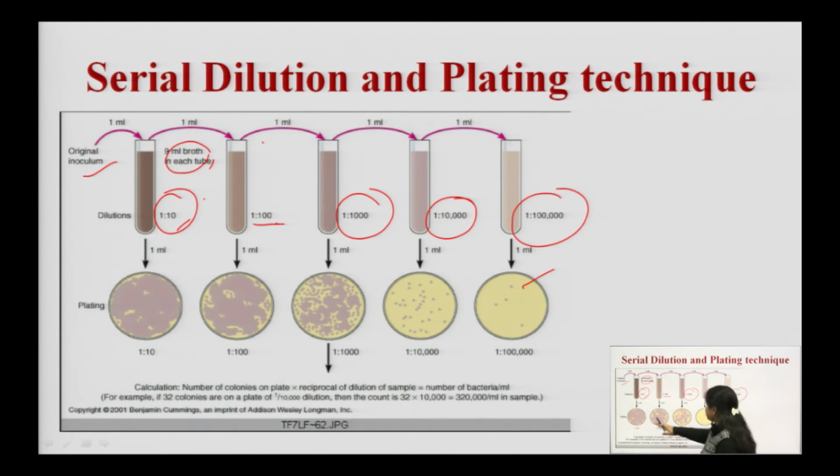Now what we will do, for the number of test tubes we have taken for the dilution, we need the same number of Petri plates, and we have to transfer 1 ml of this sample to this Petri plate, 1 ml of this sample to this Petri plate, 1 ml of this sample to this Petri plate, and 1 ml to this Petri plate, and those Petri plates must contain the media in which the bacteria will grow. These Petri plates are already having the media in which those bacteria can grow, and as you can see in the first Petri plate we have concentrated colonies.